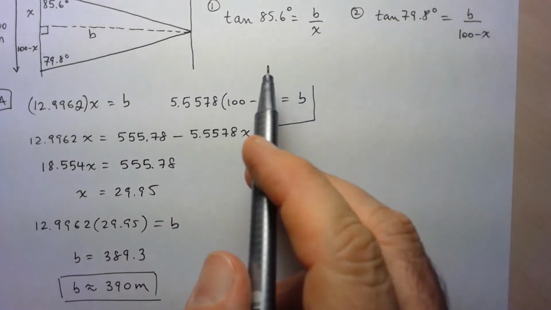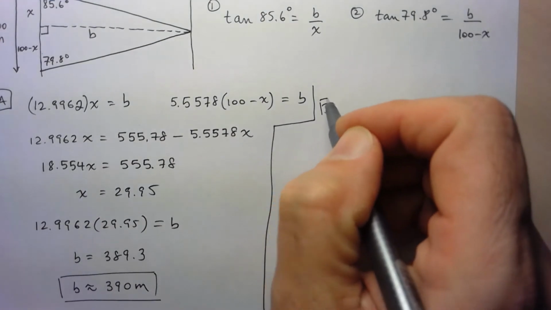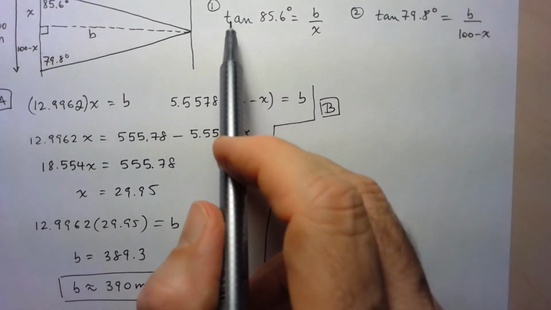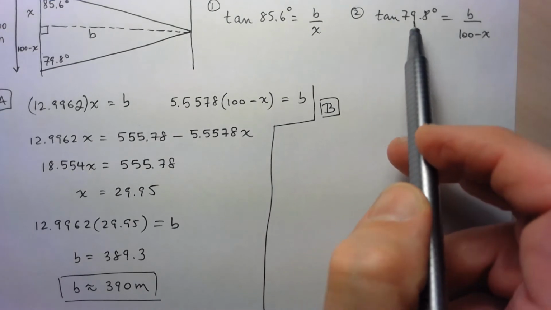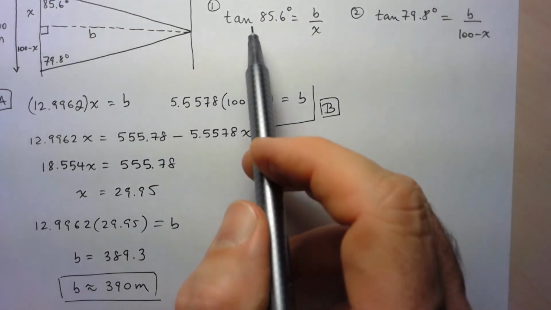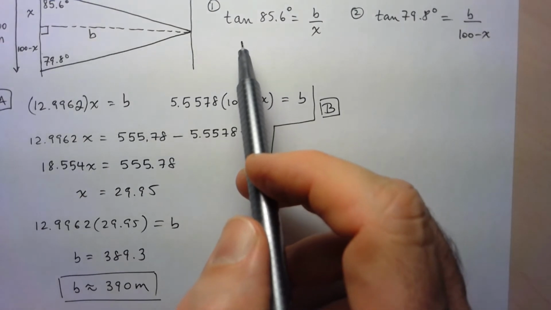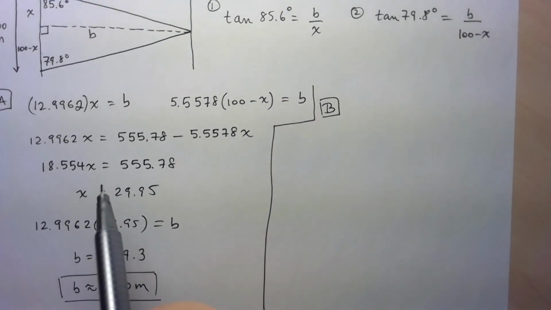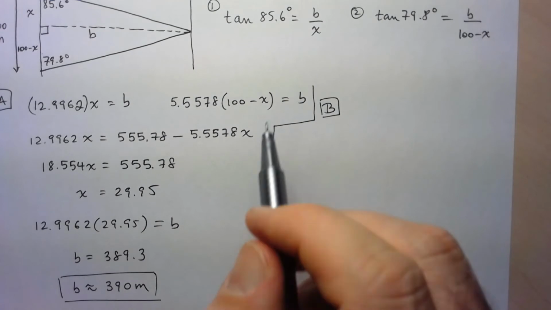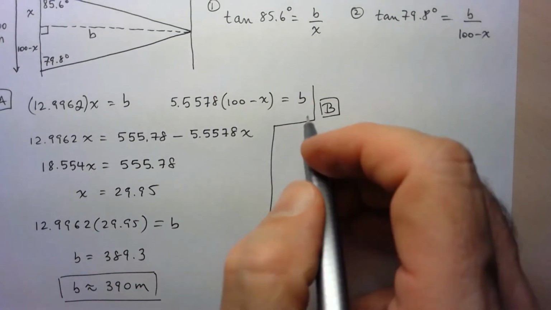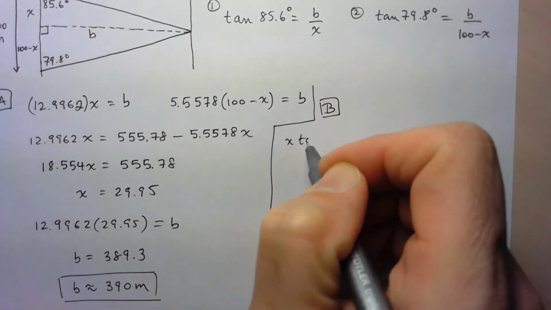All right, so I'm going to do the exact same thing now. I'll call this option B. Exact same thing, except I'm going to keep this in symbolic form. It's kind of like keeping pi in an equation as you're solving it instead of replacing it by, say, 3.14. Okay, so do the same thing with the first equation. I'll multiply x to both sides. So we have x times tan of